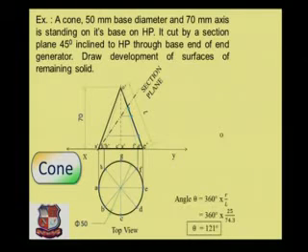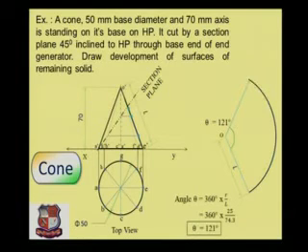So here we assume that the cone is not cut. Initially we assume that it is a full cone and we have to develop its outer surface. In this case the angle is 120 degree. So first of all, in our drawing sheet, put any point O and take the length equal to the slant length L. Draw an arc with L as the radius, with angle theta equal to 120 degree. So this is the development of the given cone if it is not cut anywhere, which is shown over here. Here if the cone is not cut, its development would appear like this, the arc with the radius equal to the length of the slant edge,